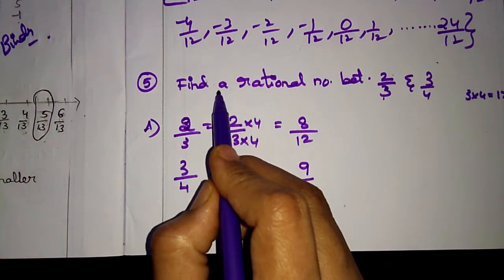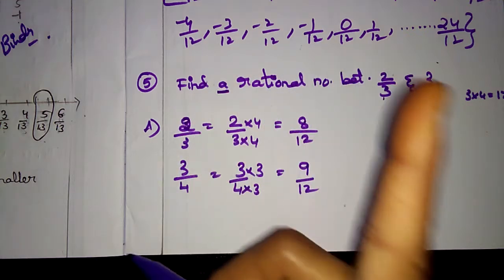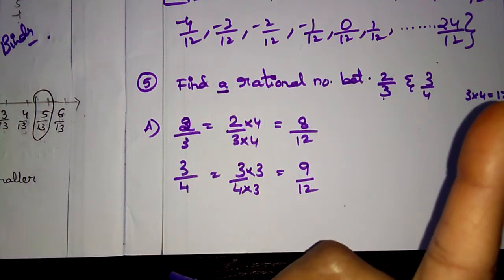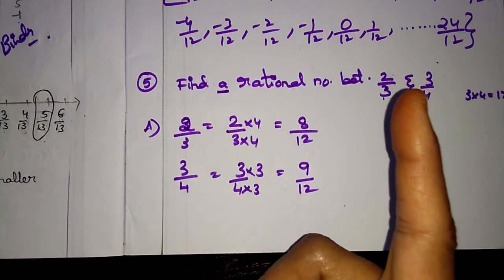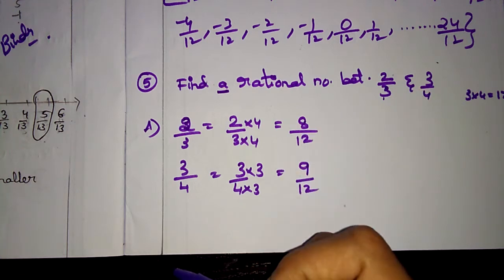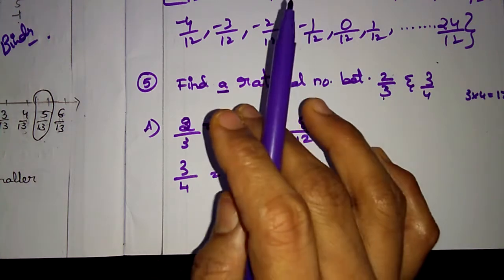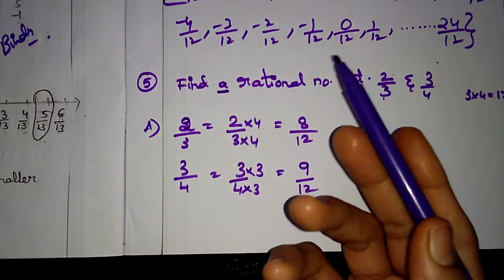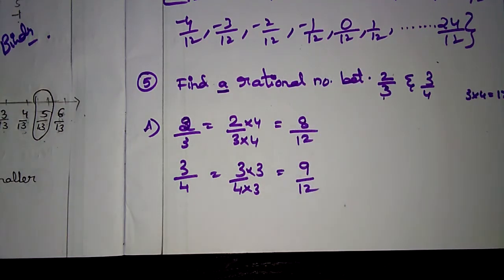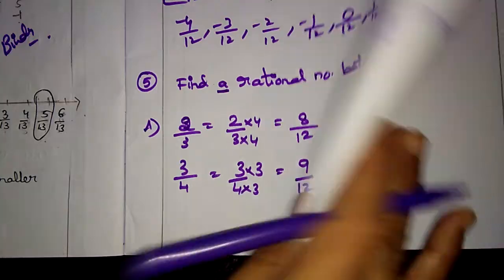Because he is asking only one rational number. So we will do that mean method. I told you how to do that mean method. No, teacher, the same method which you told, that method also you can do. So this one, what you have to do is,